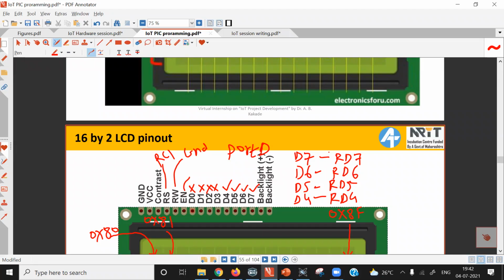So only 4 pins of port D are used, that is RD7, RD6, RD5, RD4.